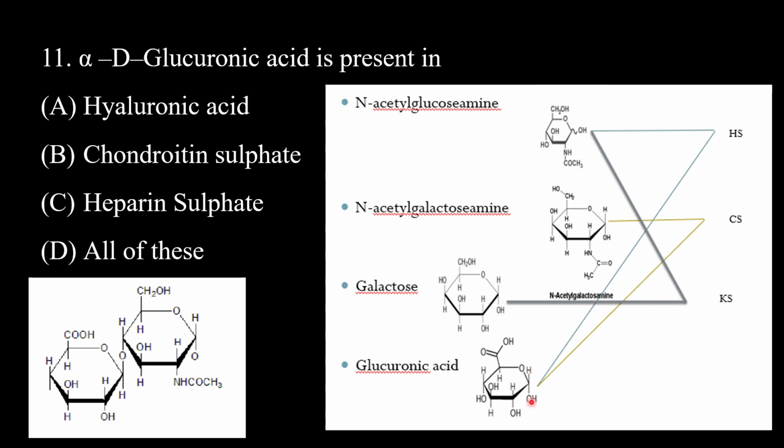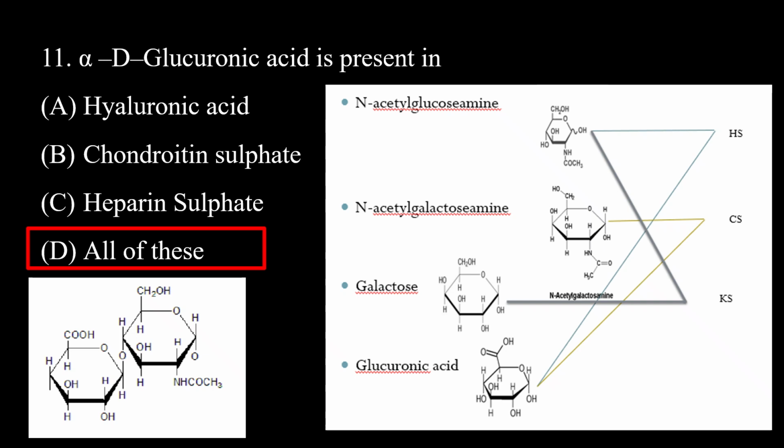This is the alpha form. If we see the position of the hydroxyl, it is below, and if the hydroxyl position is above and hydrogen is below, then that would be beta form. But here, in the glucuronic acid, the hydroxyl OH is present below, so this is alpha form. The right option for this is all of these, because this alpha-D-glucuronic acid is present in all of